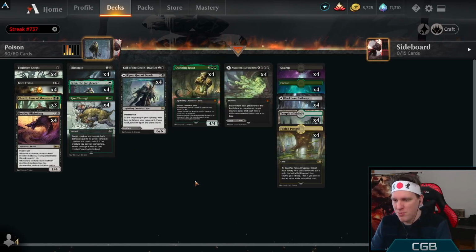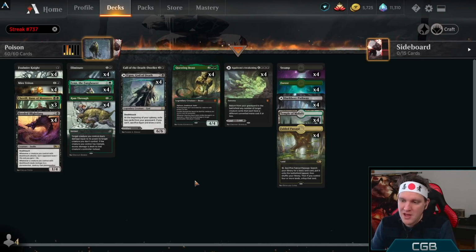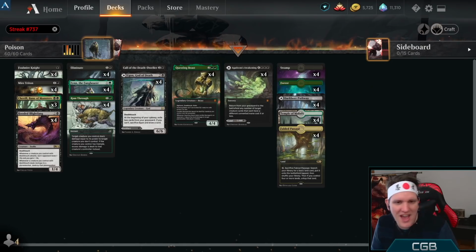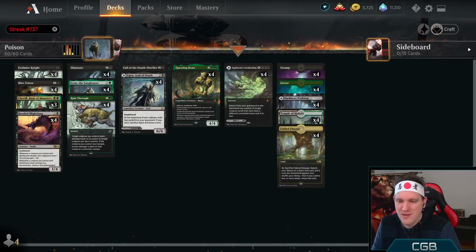So, will we get a poison victory in Diamond? On ladder. Yeah, totally. It's going to happen. Don't worry about a thing. You're rolling with the one in Best of 1, of course. Of course we're going to get there. And we have a